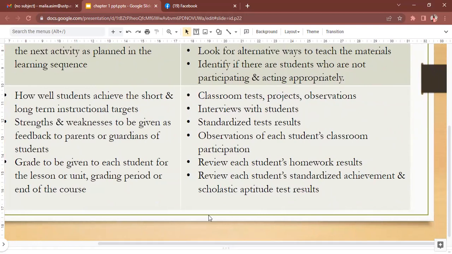And sources. Where can we get sources for our assessment? First, classroom tests, projects and observations, chatting with our students, interviewing them, standardized test results, for example national achievement tests, division achievement tests, or those given by the school, observation of students' classroom participation, standing performance, assignments, projects, and all. Review each student's homework results, and of course their test results, scholastic aptitude. So before, during, and after these